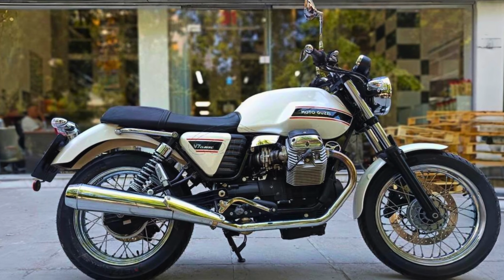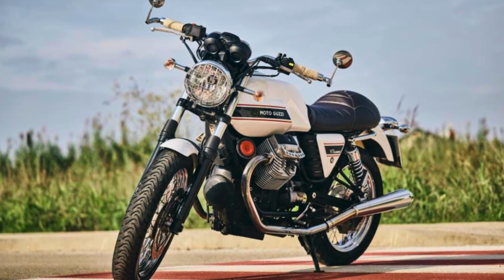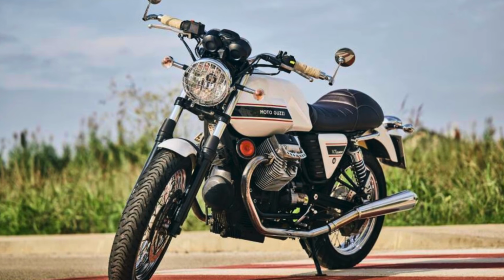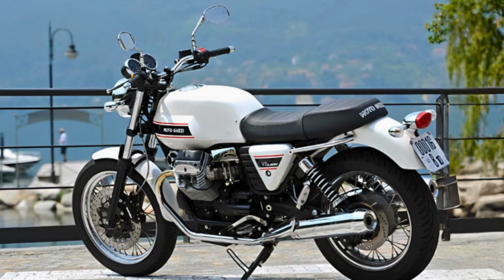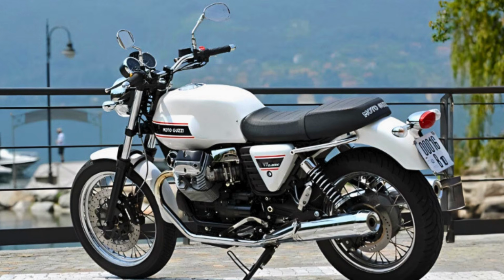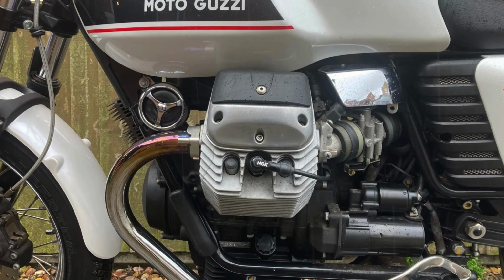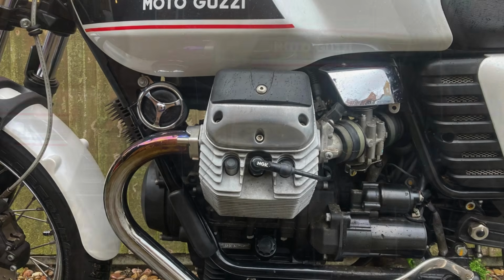At its core, the V7 Classic uses a 744cc V-twin engine mounted transversely, which is something unique compared to most bikes sold in America. The engine doesn't overwhelm with horsepower, but it offers steady torque and smooth performance that makes city riding and backroad cruising enjoyable. In terms of cost, a used Moto Guzzi V7 Classic in good condition usually runs between $5,000 and